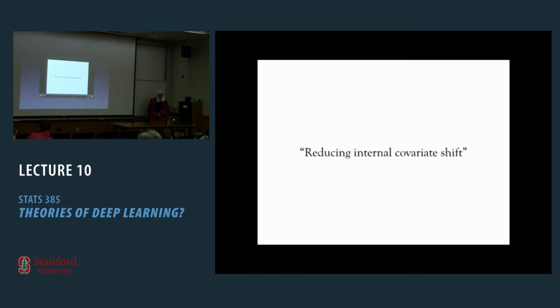Here's what we know about batch norm as a field. It works because it reduces internal covariate shift. Wouldn't you like to know why reducing internal covariate shift speeds up gradient descent? Wouldn't you like to see a theorem or an experiment? Wouldn't you like to see evidence that batch norm reduces internal covariate shift? Wouldn't you like to know what internal covariate shift is? Wouldn't you like to see a definition of it? Batch norm has become a foundational tool in how we build deep nets, and yet as a field we know almost nothing about it.